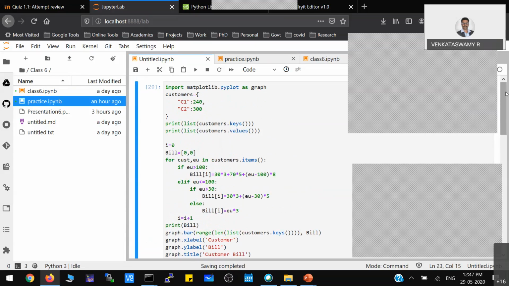In fact, hundreds of types of graphs are there, so we should be in a position to execute, understand, and change this particular object to generate that kind of graph. We have to learn many, but for the time being we should know the line graph as well as the bar graph.